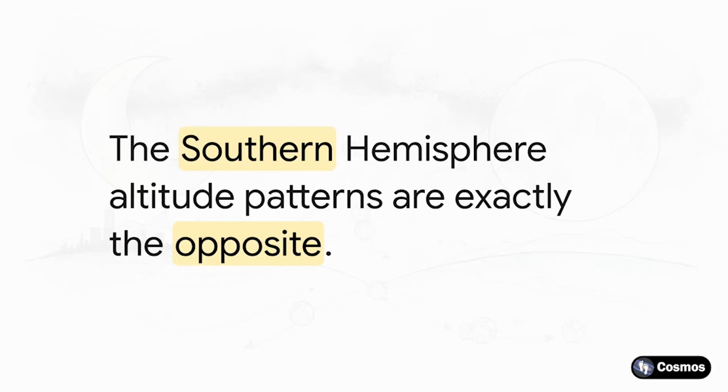And just to add one final mind-bending twist, if you were to travel to the southern hemisphere, every single one of those seasonal altitude highs and lows completely flips in the exact opposite direction. A full moon that beautifully dominates the high winter sky in the north is going to be hanging remarkably low during that same season in the south. Your latitude quite literally rewrites the script of the night sky.